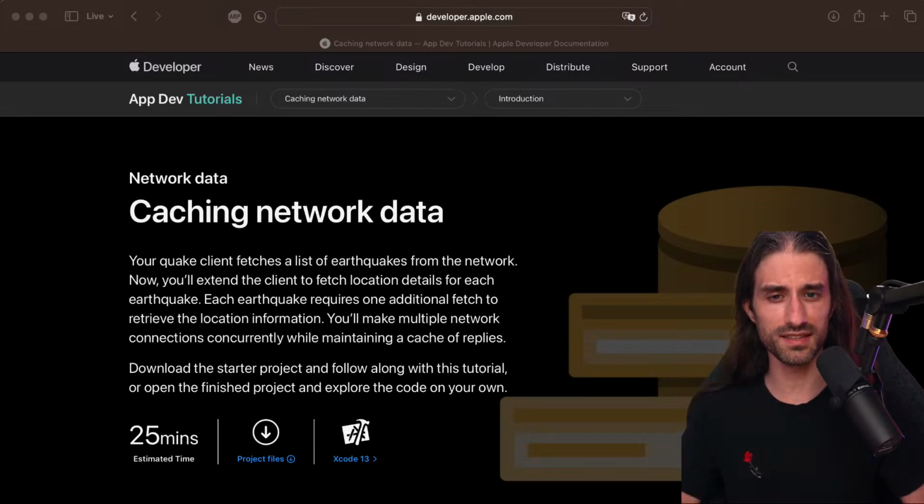The reason why I'm saying this is that, as you're going to see in this tutorial, we're going to use a built-in type of Foundation which is called NSCache. And actually, it's been quite some time since I wanted to make some content around NSCache. I just never came around to writing it down. And a few weeks ago, I figured out that there was this tutorial published by Apple, which seemed extremely well made. And when I went over it, I saw that it covered basically everything that I would have wanted to say in a video about NSCache.